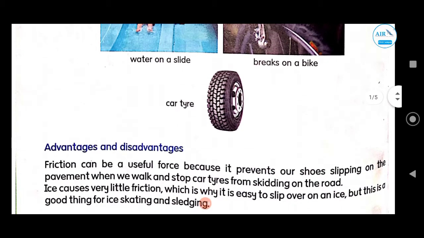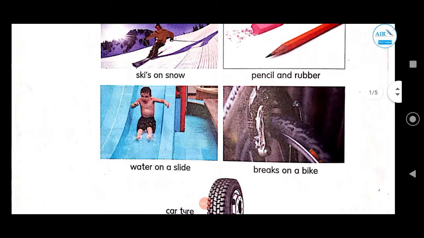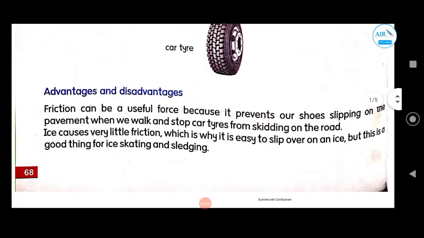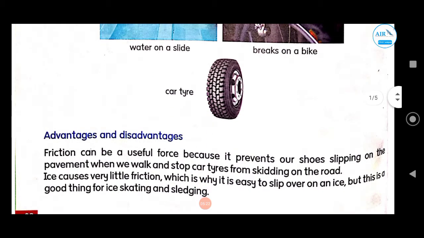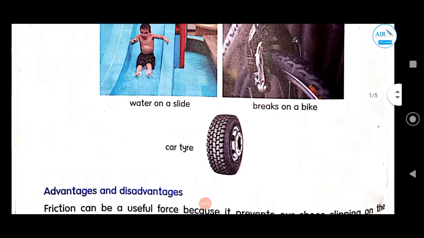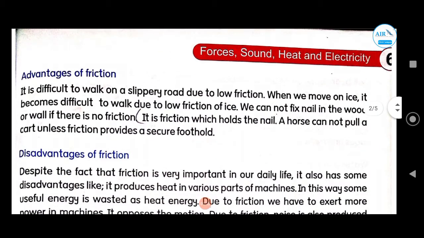A car stops due to some frictional forces being provided by the engine and the tires as well. So what are the advantages and disadvantages? That is the one main advantage that I have discussed: to brake something, to resist something, we use frictional forces. For example, in ice skating, and snow ski, and also to apply brakes to our cars, vans, and